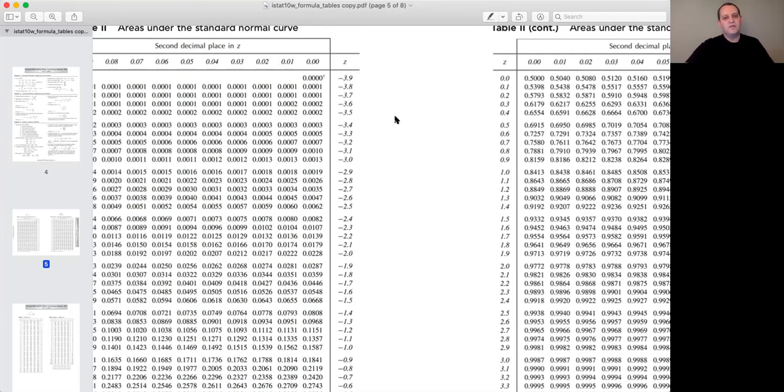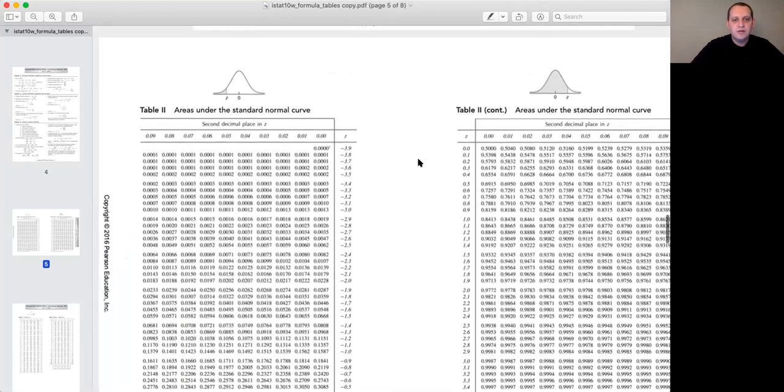So again, the vertical column gives you the units digit and the tenths, the first decimal. And then the horizontal, the different columns, give you the hundredths digit of the decimal. So we found that it was -0.77, and this is 0.2206. One other thing I want to mention, and I love this part of the table, is that notice that